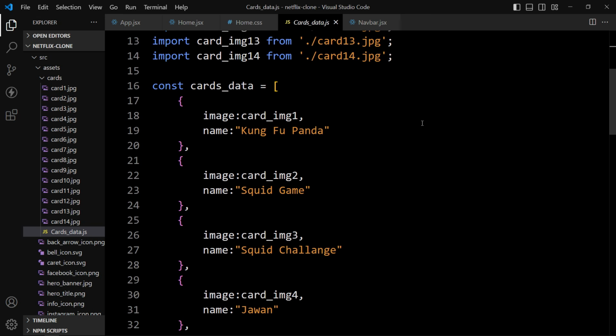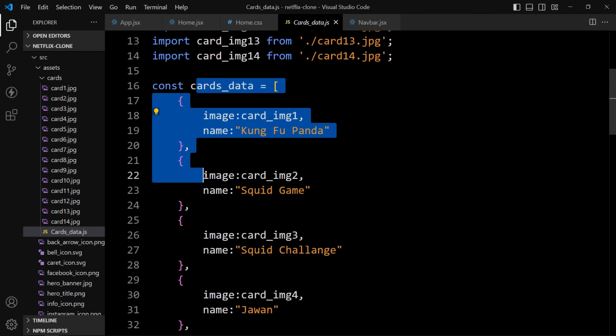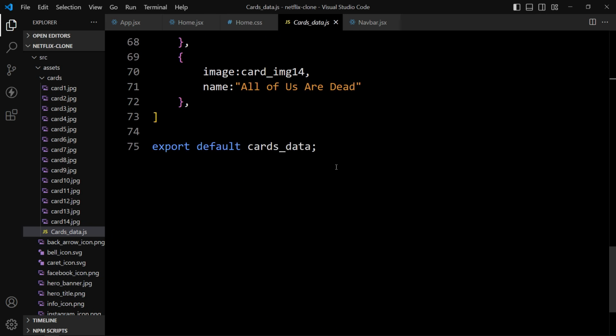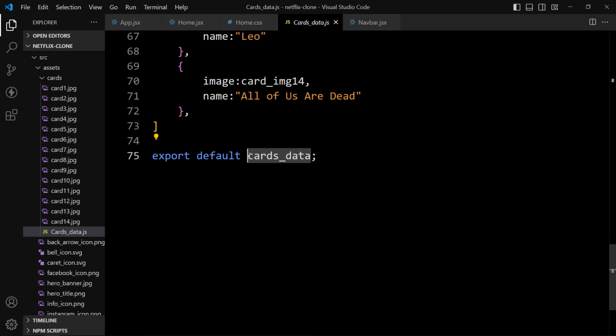Then we have created one array, and in this array we have multiple objects. Each object represents one movie, where we have the movie name and their image. So we will use these data to display the cards on the web page. So here we have the movie data in this cardsData array, and we have exported it here at the end.